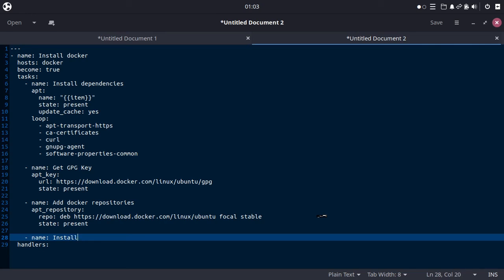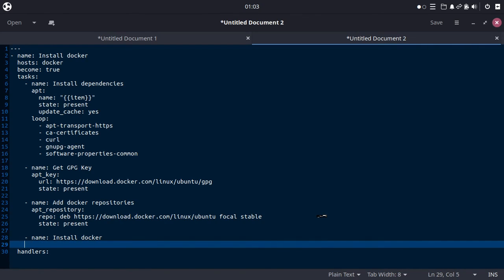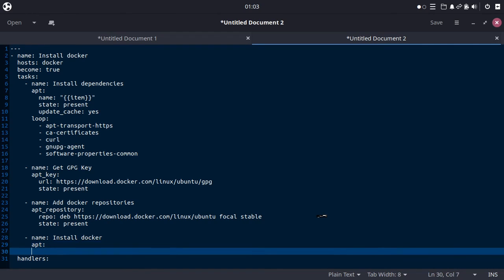Name: install Docker. The application that will execute this one is apt, and then name. Okay, again, we are going to use another loop here. Let me try to explain loop again. Wait a bit.